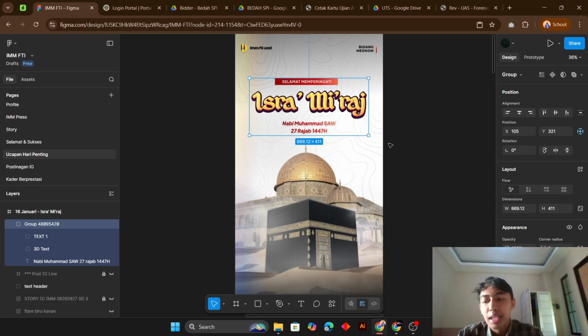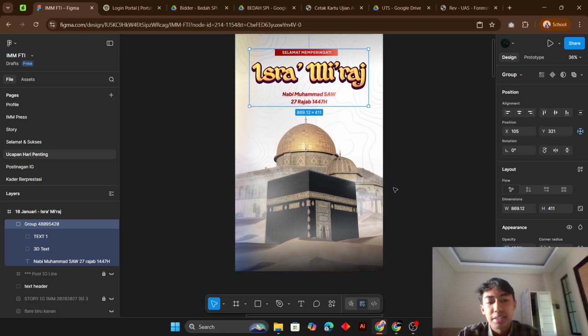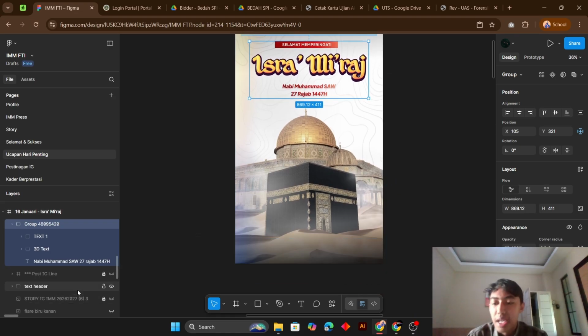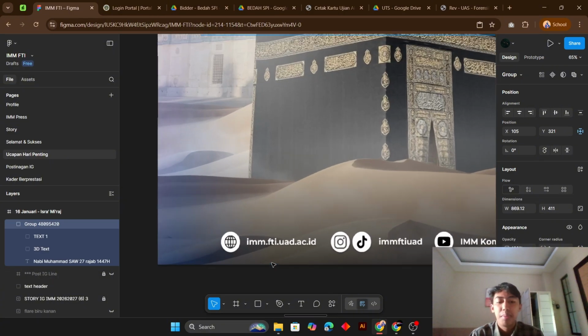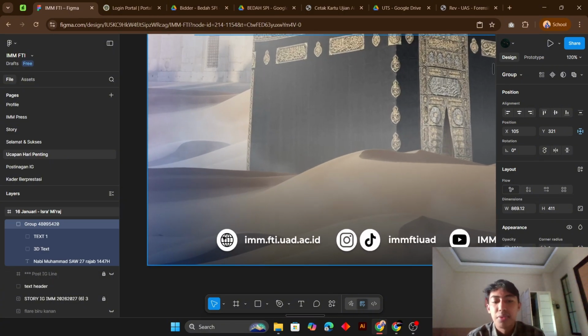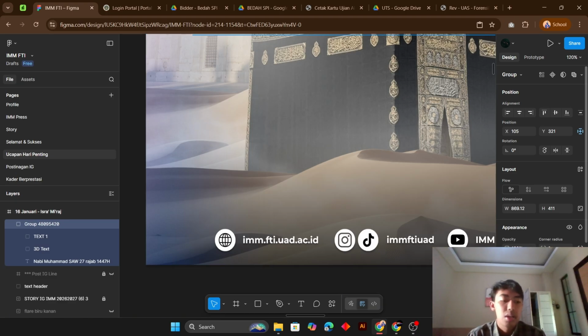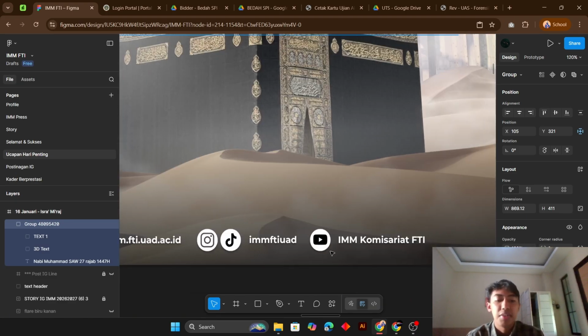Use Figma alignment tools to neatly place the social media icons. These are the social media icons. We have the IMM-FTIUAD website, IMM-FTIUAD on Instagram and TikTok, and IMM Komisariat FTI on YouTube.